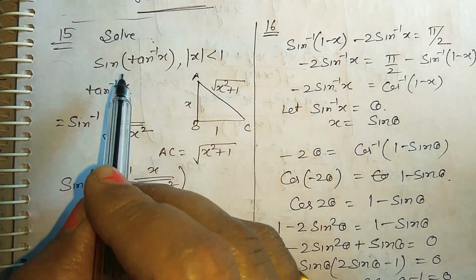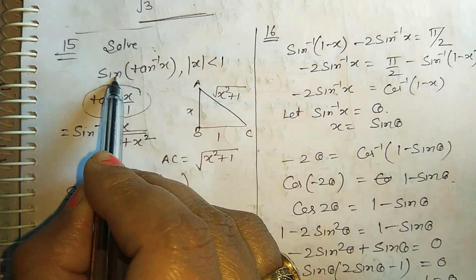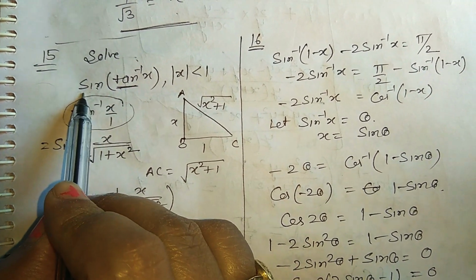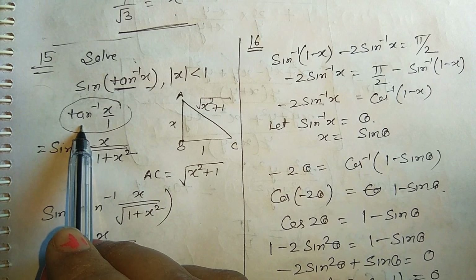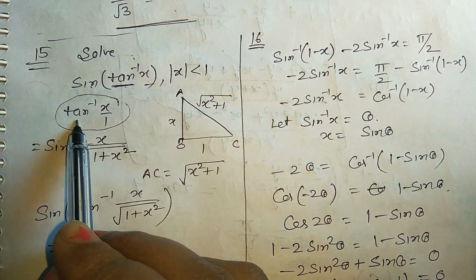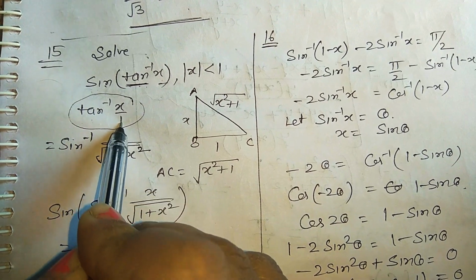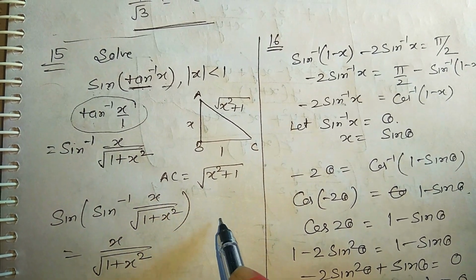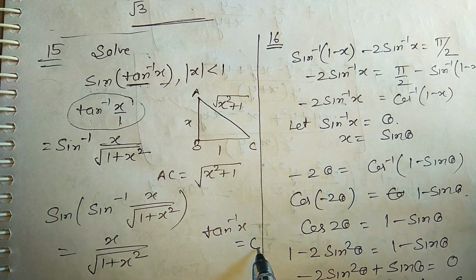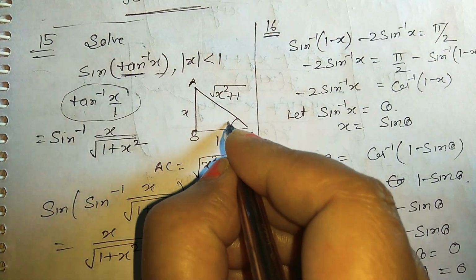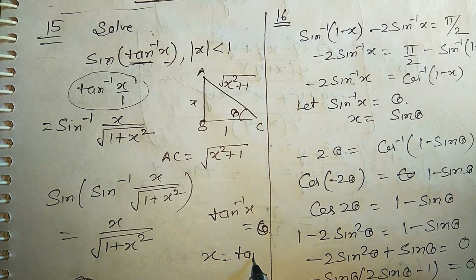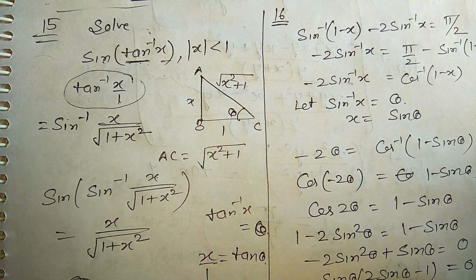Okay, we know that if we change this to sin inverse, then sin inverse cancels with sin, and we will get the answer. In this, tangent inverse x, what will we change it to? To the form of sin. So tangent inverse x we can write as x upon 1. Suppose tangent inverse x is theta. Okay. So what will be x? Tangent theta. So we write x as x by 1.